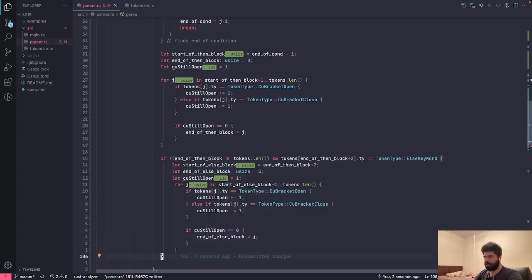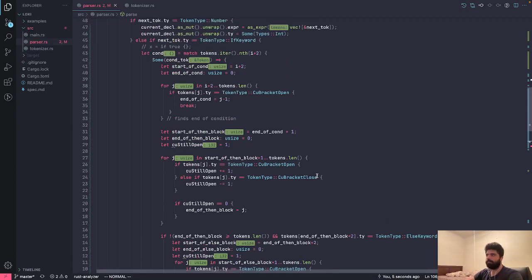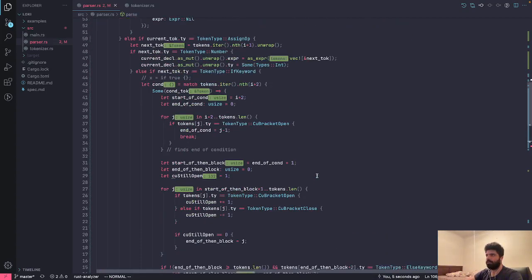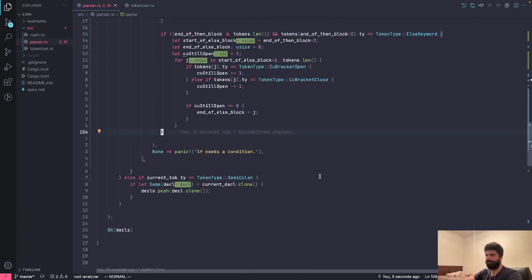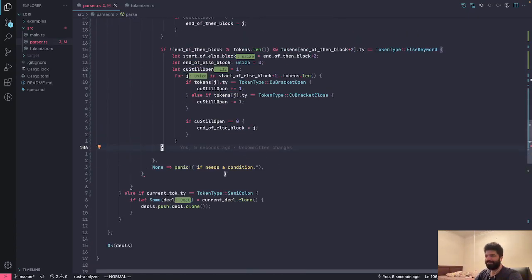I do the same thing. So I found all the necessary pieces for an if in here. It took a lot of code, but